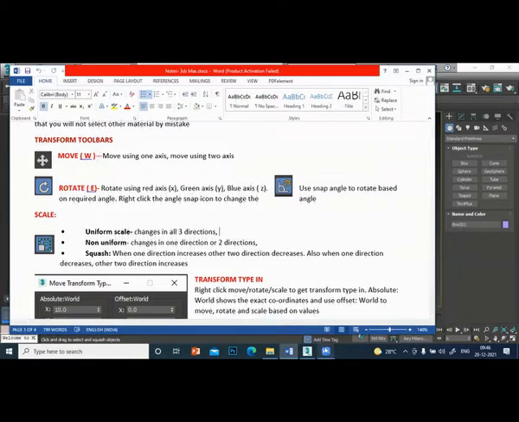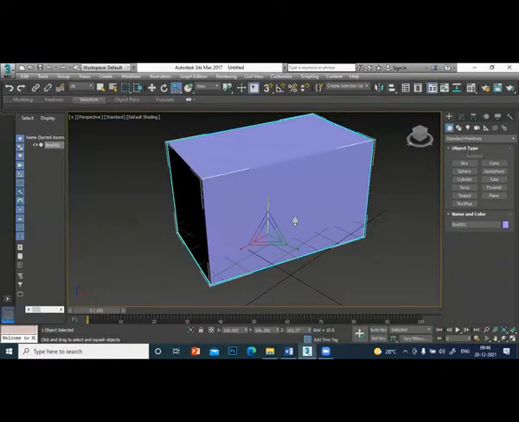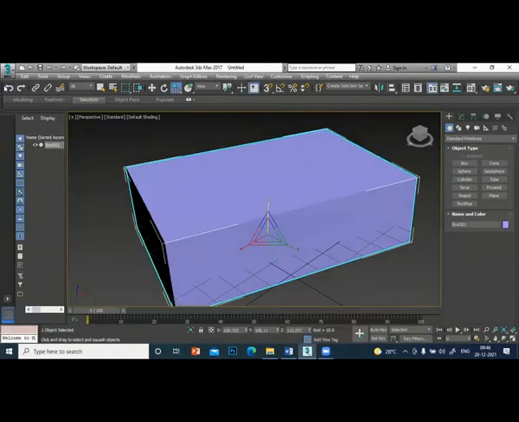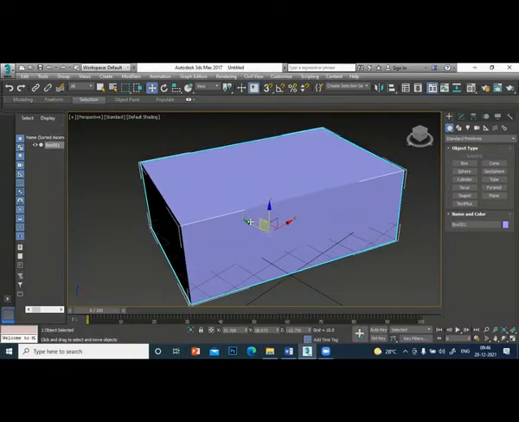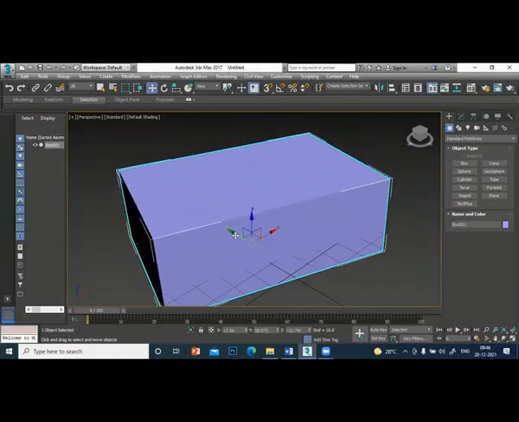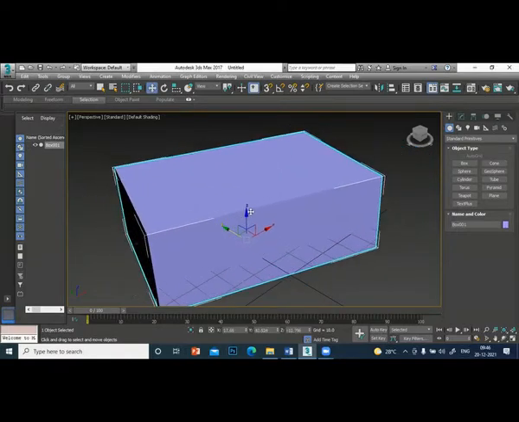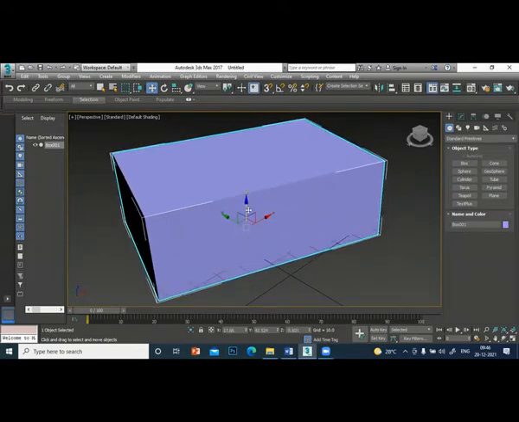Okay, let me show you again. So for move, you select the move. If you want to move one direction, select the axis whichever you want, and you can move. If you want to move two directions, you can see the rectangle here.